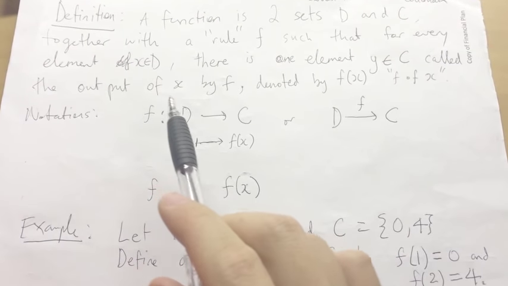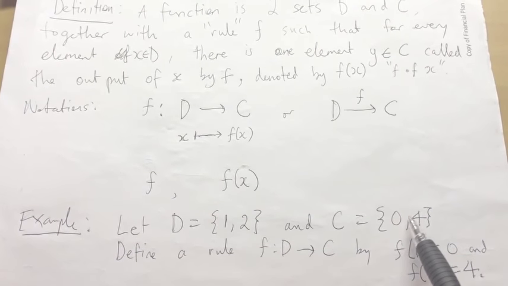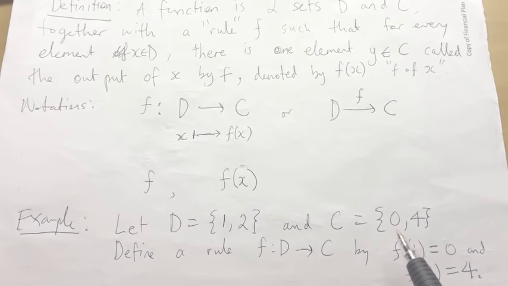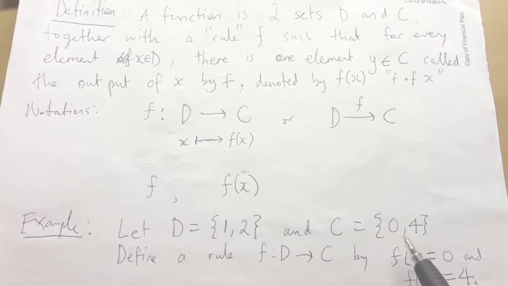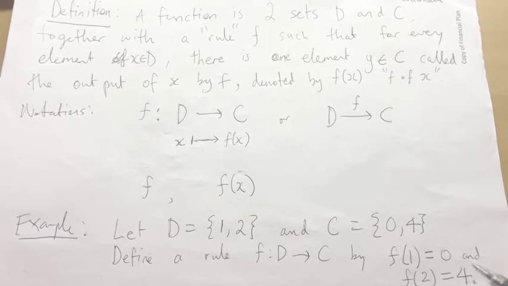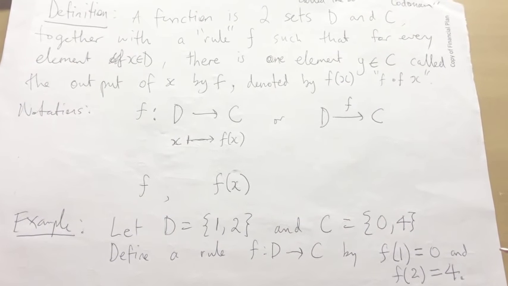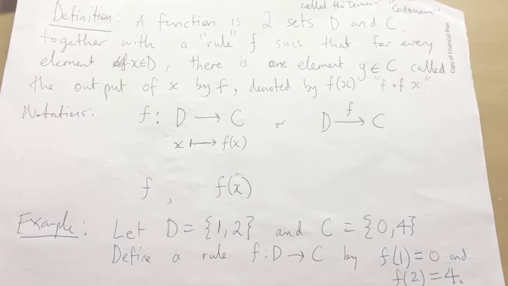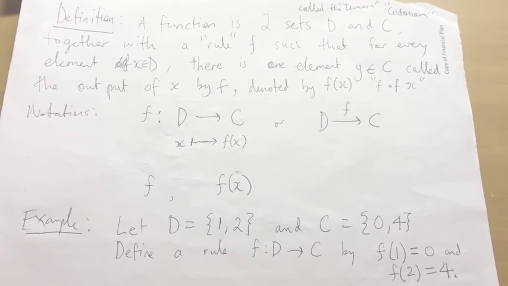So every element does specify an element here. They could have both been 0 or they could have both been 4, but I just made one 0 and one 4, and so that actually defines a function. Okay, so a function is very easy to define,